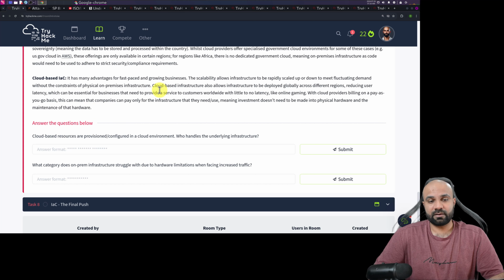So one main point of cloud computing is that, for example, you launch your initial gaming service in the Middle East only, right? So you will be using the cloud provider which is there in the Middle East. And what if you want to also open up a new region, for example, Europe? What will you do?